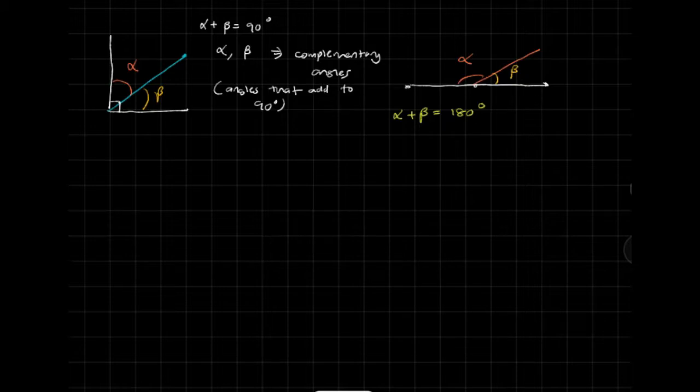And in this case, alpha and beta are examples of what we call supplementary angles. Any angles that add up to 180 degrees are supplementary angles. So keep that in mind. You can say that alpha and beta are supplementary to each other. This is a really common concept that we're going to explore when we're actually looking at questions. Now, the next thing we're going to look at here,